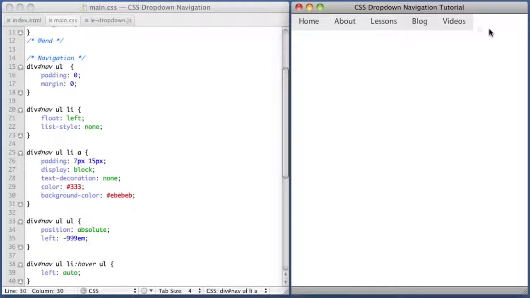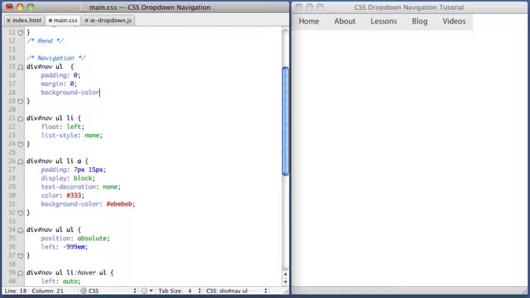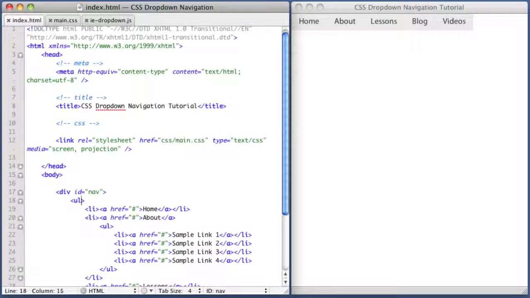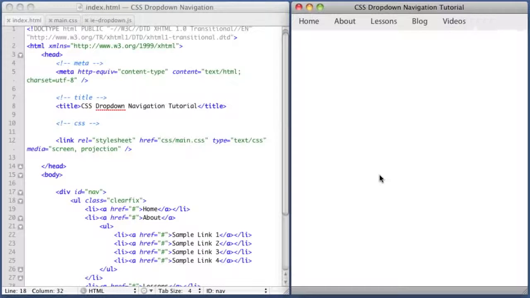So as far as the background color is concerned, we can apply background color to our top level unordered list, and we'll give it the same hex value. So we see that that didn't do anything, and this is a good example of when you need to clear your floats. So these list items are floated, and they're the children of this unordered list. So in order for the unordered list to be aware of them, we need to apply the clearfix to this unordered list. So if we hop over to our HTML, I'm just going to add a class of clearfix to this top level unordered list, and now if we refresh, we see that the background color fills the full